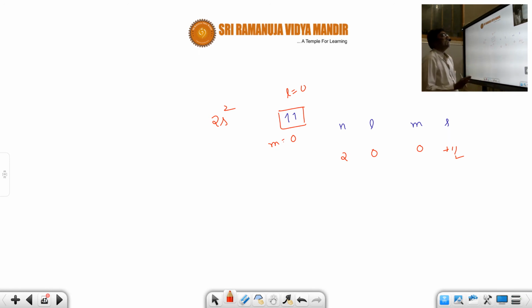So no two electrons can have the same quantum numbers. So same quantum numbers and all. So you should not. So it is wrong. So Pauli's exclusion principle will not allow. So Pauli's exclusion principle will allow this way only. I hope you understood. If you write now 2, 0, 0, minus half. I hope you understood. So this is a wrong notation. This is what is Pauli's exclusion principle.